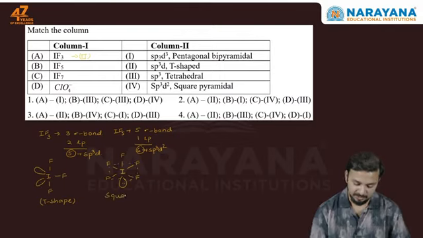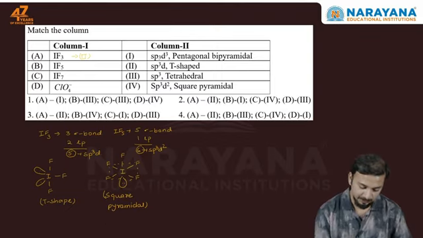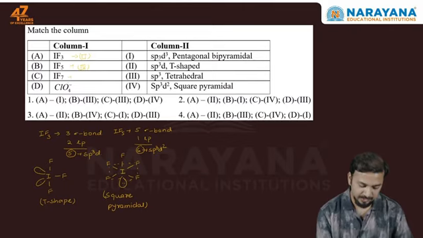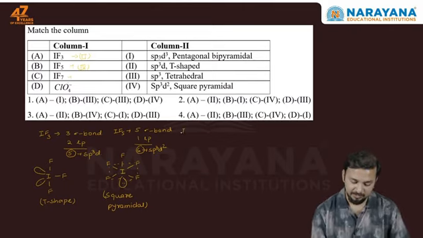This shape is square pyramidal. It means B will be fourth one. Next one is IF7. In case of IF7, we can see there are total 7 sigma bonds because of 7